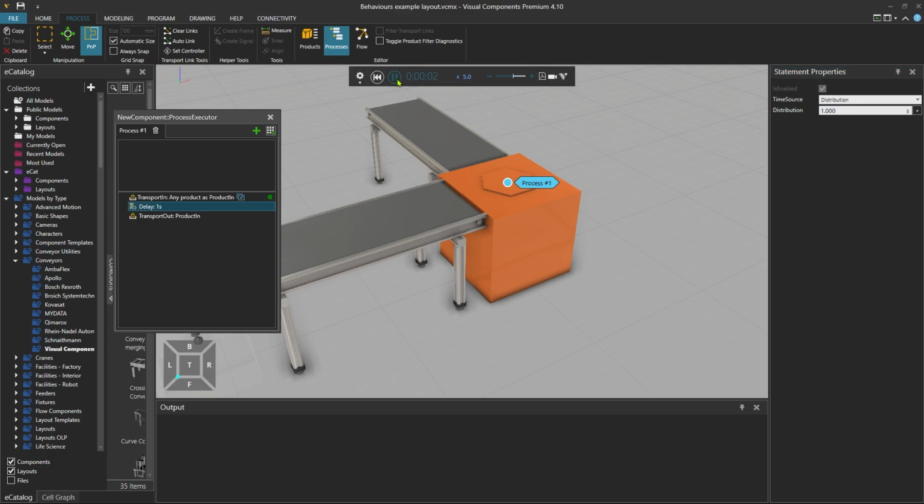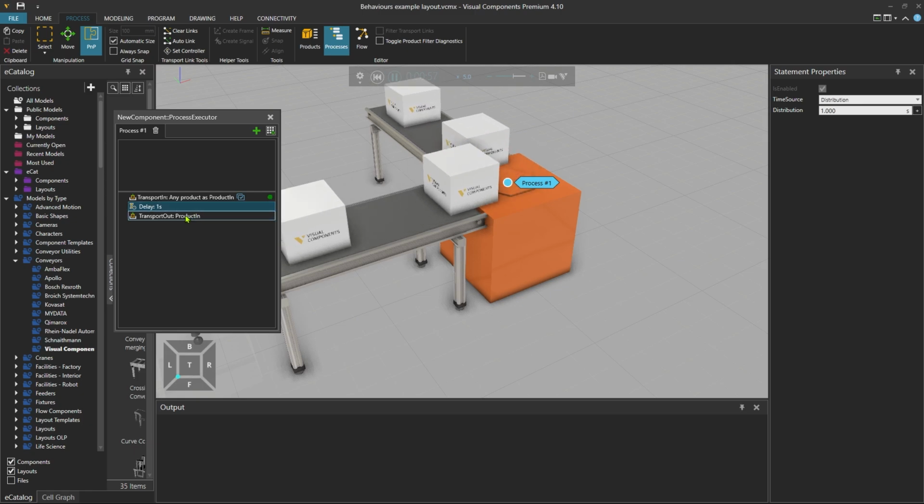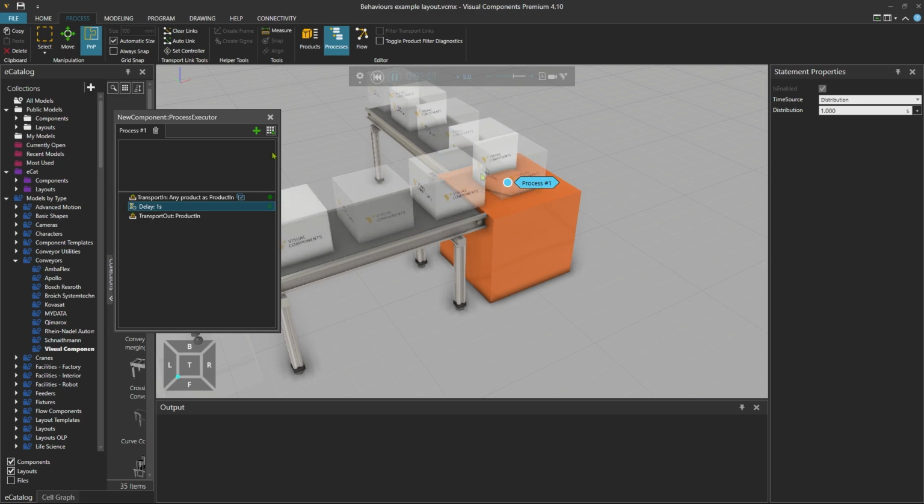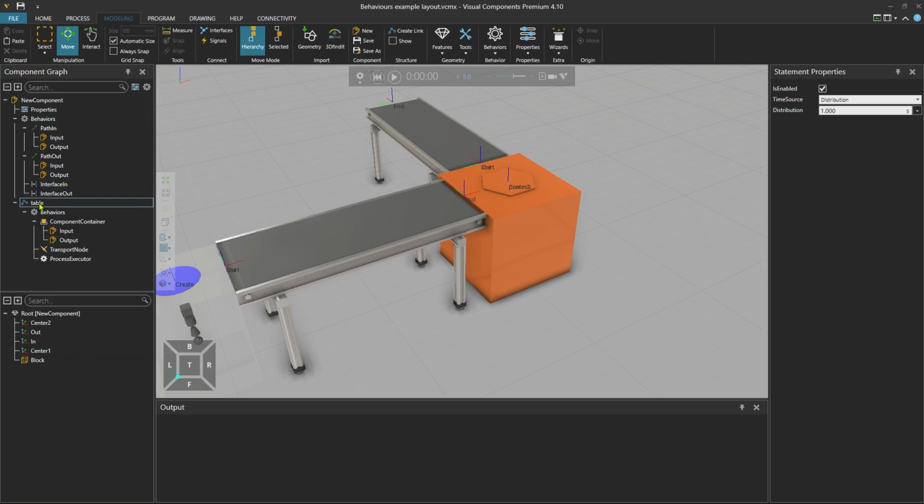Now if we run the simulation, we can see that the process routine reacts to the arriving component. The process time in the form of a delay is executed, and the product is transported out to the connected container. But there is still no movement in our turntable. So then resetting the simulation, to add some movement to the turntable node, we return to the modeling tab, select